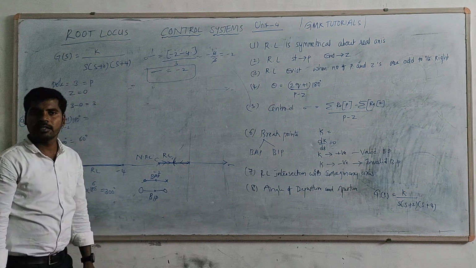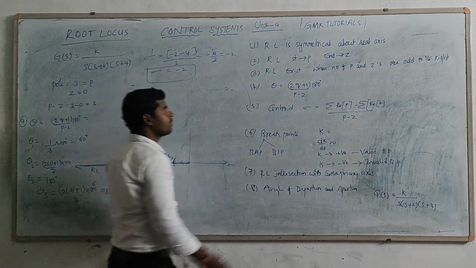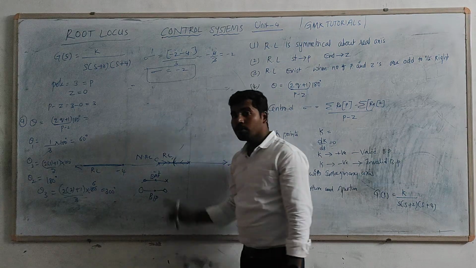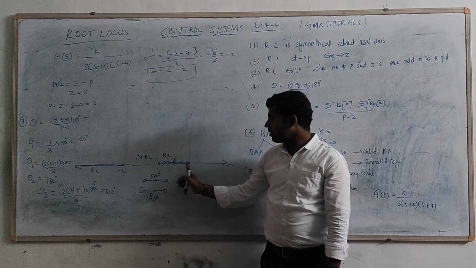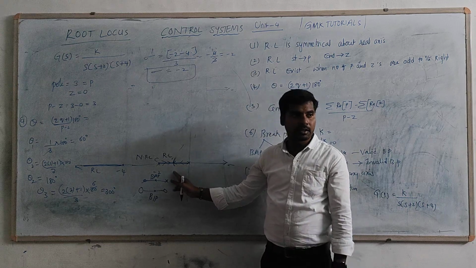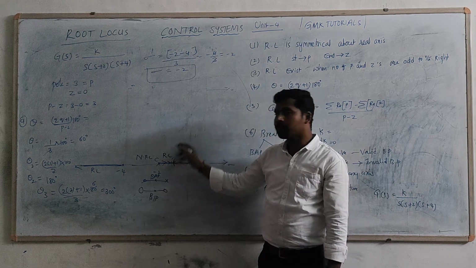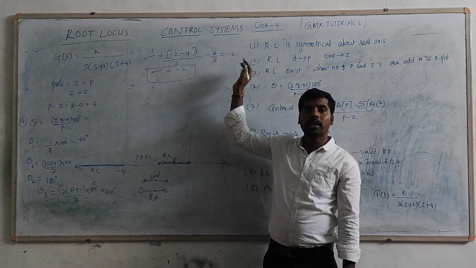Why, sir, is there any reason? Obviously there is a reason. As per the statement of root locus, they said that root locus starts with a pole and ends with a zero. So you can start with a pole, but termination is not at a zero. For that purpose, it may approach somewhere else, or maybe approach to terminate at a zero.